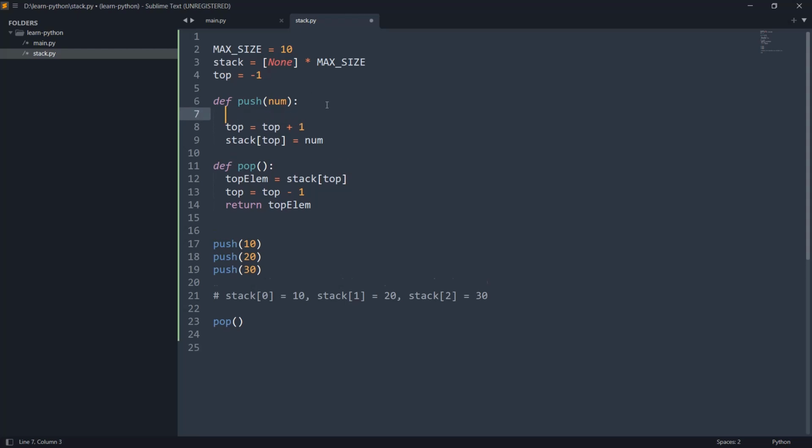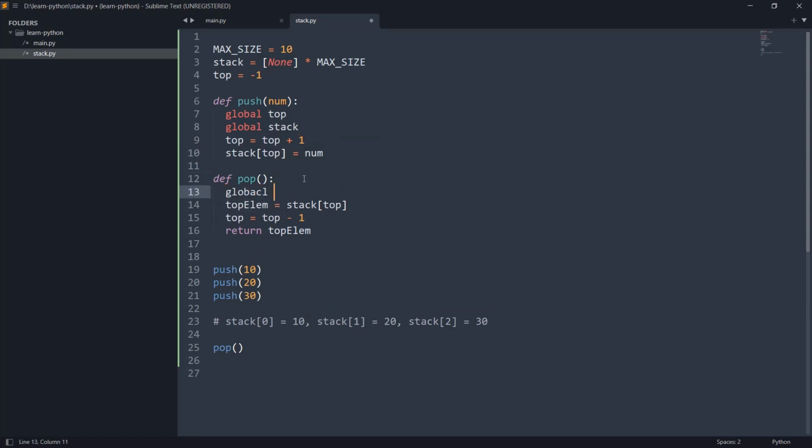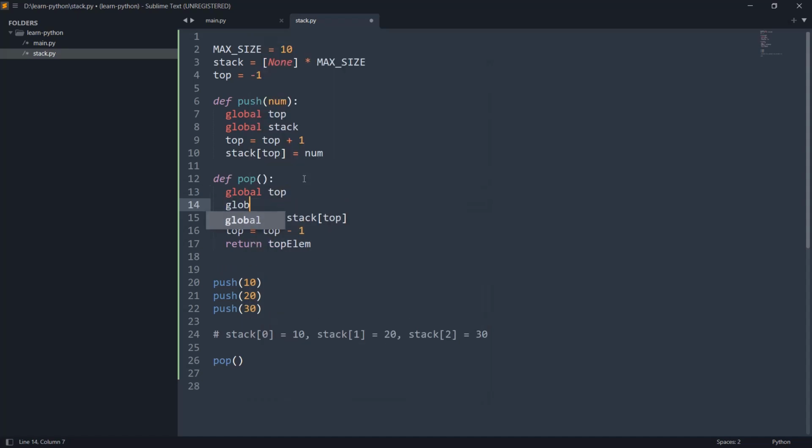So here we need to add the code global top. That means we are going to use top as a global variable, not local. Similarly, we have to write global stack. Again, in this function, we need to write global top, same global stack. So you will not get any error in this case.